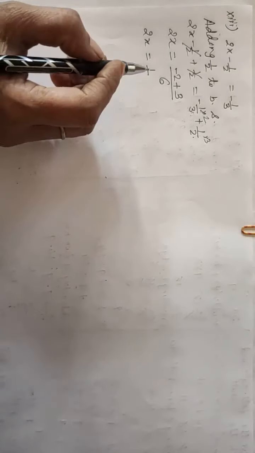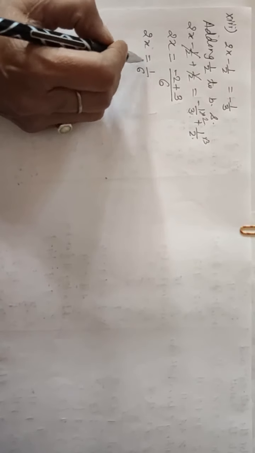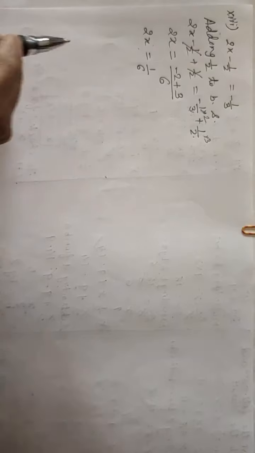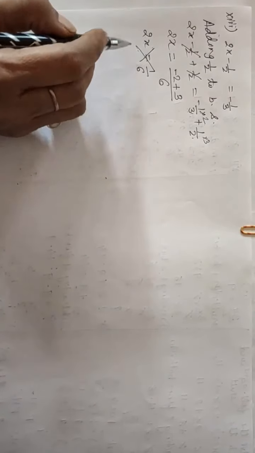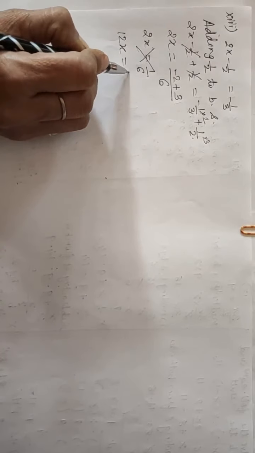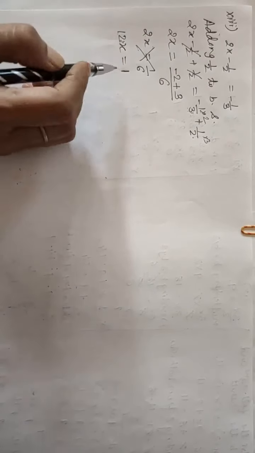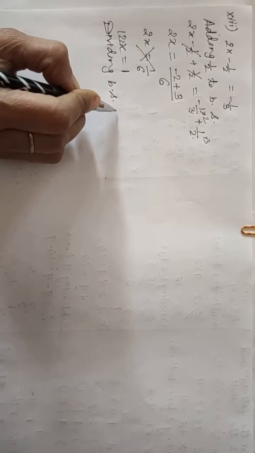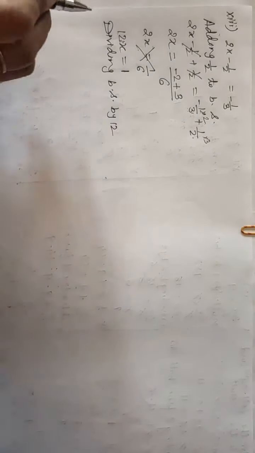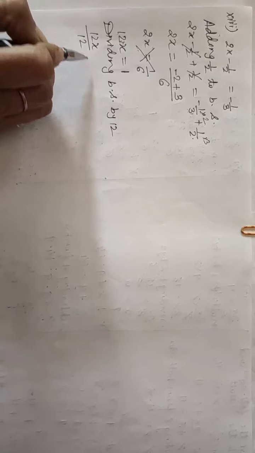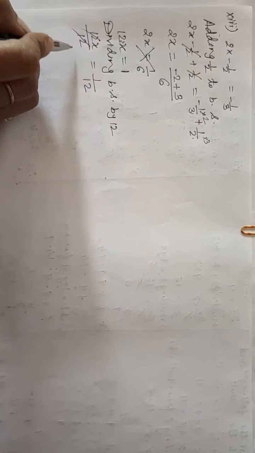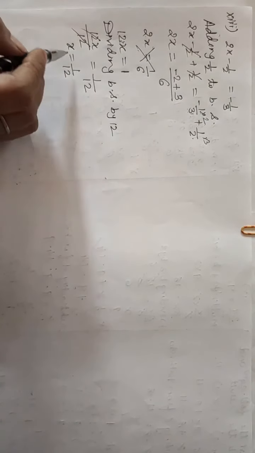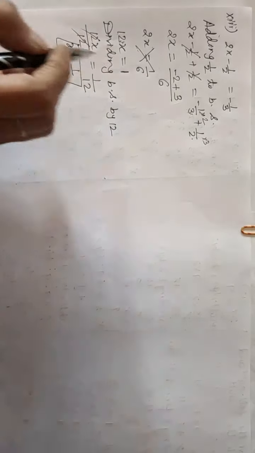Now let's see here what you can use. You can use here cross multiplication. Okay, or before that you can do this also. So let's use cross multiplication. 2x into 6 will be 6 2s are 12. x is equal to 1. Now as there is multiplication, so what you will write, dividing both sides by 12. So let's divide 12x by 12 is equal to 1 by 12. So 12 get cancelled, so the answer is x is equal to what? 1 by 12.